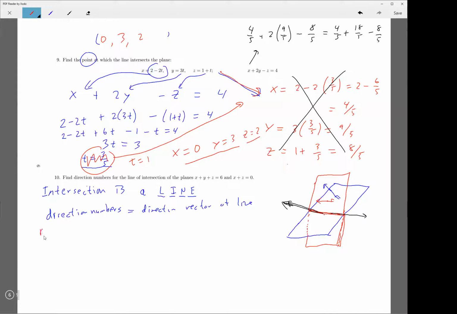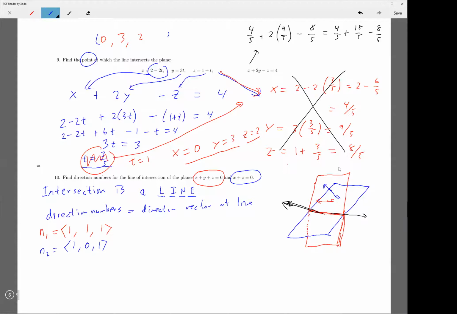Let's say the red plane is this one here. What's the normal vector for this plane? 1, 1, 1. Yes, it's 1, 1, 1. And then if this is the blue plane, the normal vector is 1, 0, 1. So it's just from the coefficients in the equation, as long as all of the x, y's, and z's are on the left-hand side of the equation. So if you take the cross product of these two normal vectors,